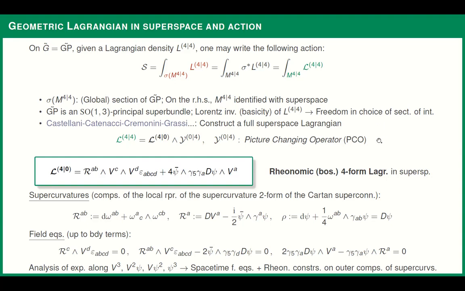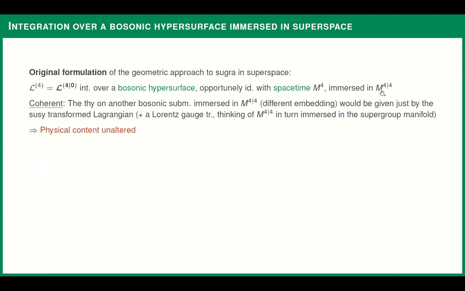The point is that in its original formulation, in the geometric approach, this Lagrangian is considered to be integrated just over a bosonic hypersurface, which is identified with space-time, and which is immersed in superspace, which in turn is immersed in a supergroup. This may seem a bit ad hoc as a construction, but in the end it is coherent. Because if we are considering this submanifold immersed in superspace,